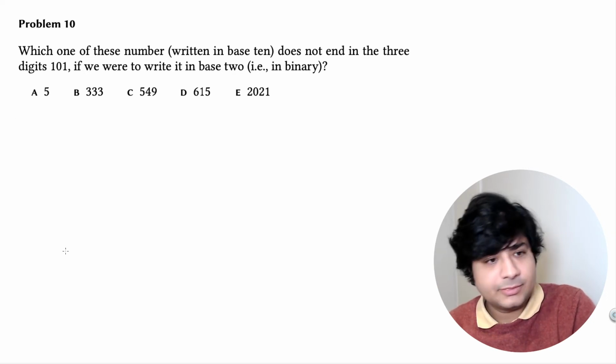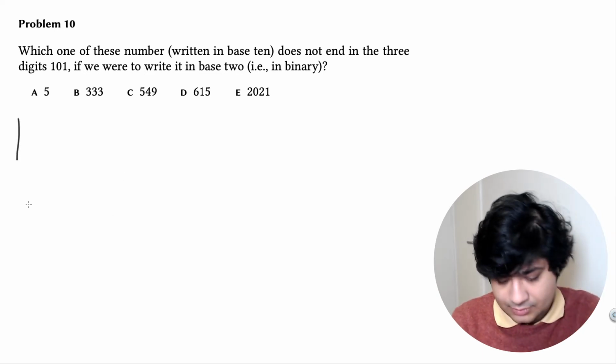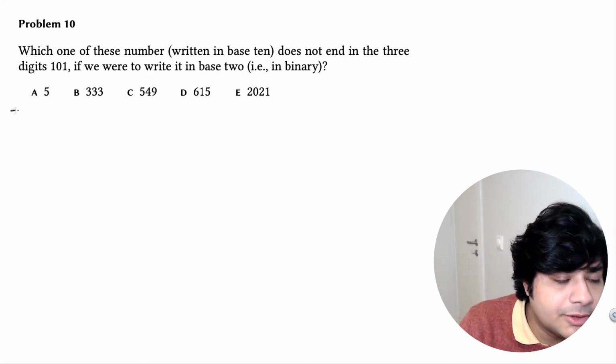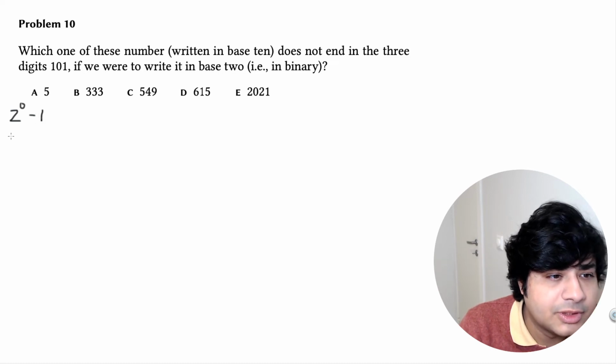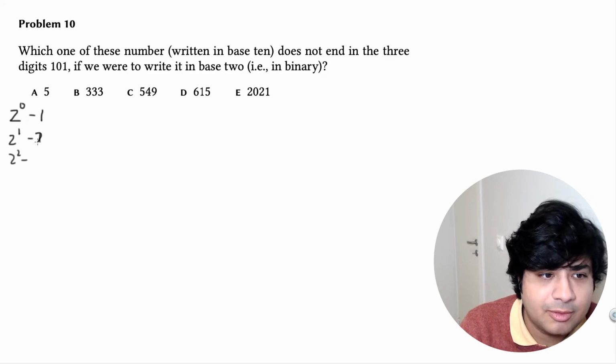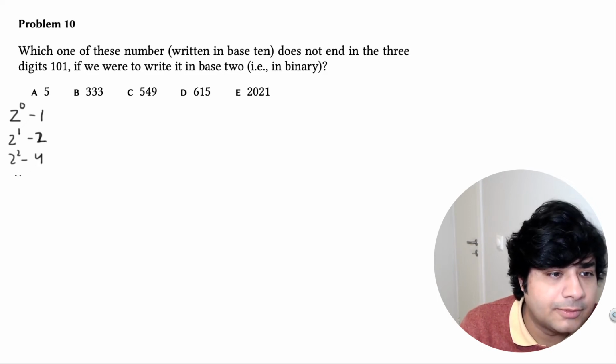There we go. So we want 2 to the power of 0, which is 1. 2 to the power of 1, which is 1. Oh, sorry. What am I talking about? 2 to the power of 2 is 4. 2 to the power of 3, that's 8. 2 to the power of 4, that's 16. 2 to the power of 5, that's